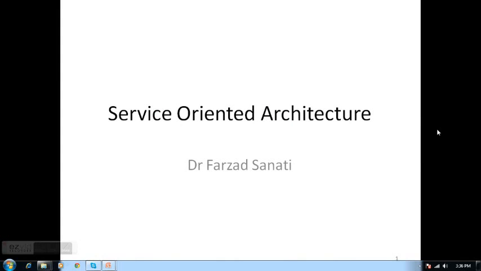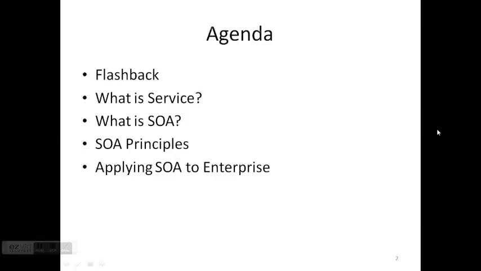In this session, I will talk about service-oriented architecture. The agenda of this session is a flashback to our previous session where we talked about TOGAF and enterprise architecture